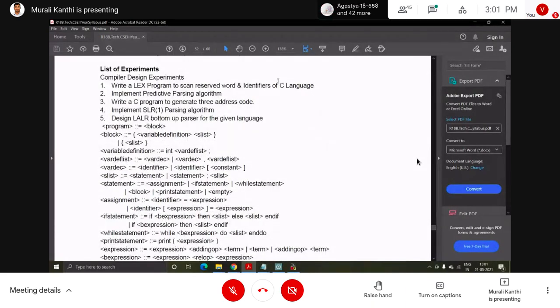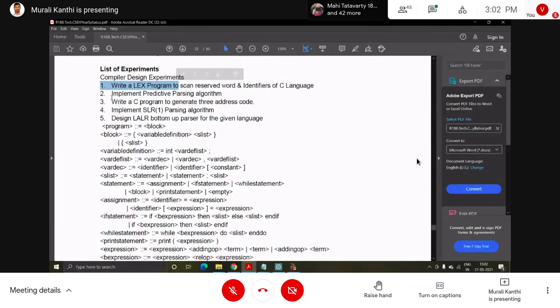The first one is a Lex program to scan reserved keywords and identifiers of the C language. So here, with Lex and a normal C program, using the Lex tool and implementing the lexical analyzer. So here 2 experiments are completed already.